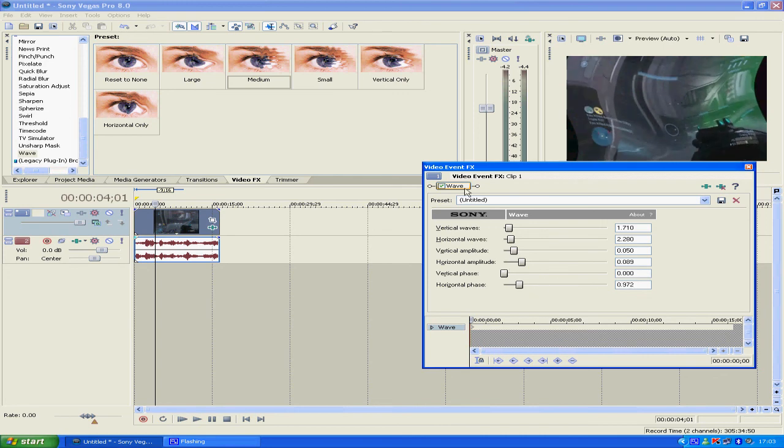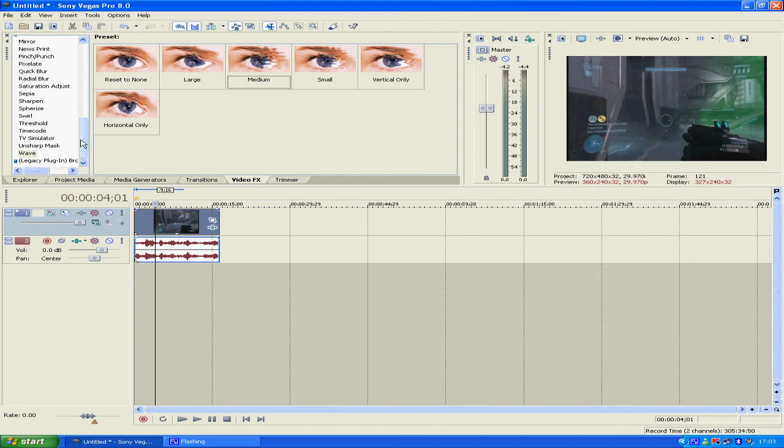So that's all the effects. Well, all the effects I have. You might have more effects or fewer effects in your Vegas,